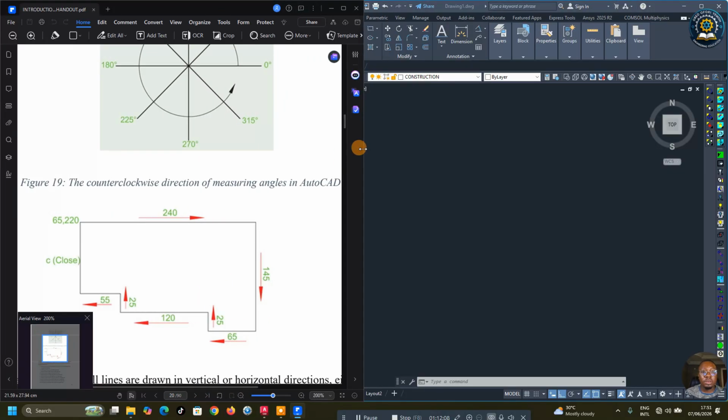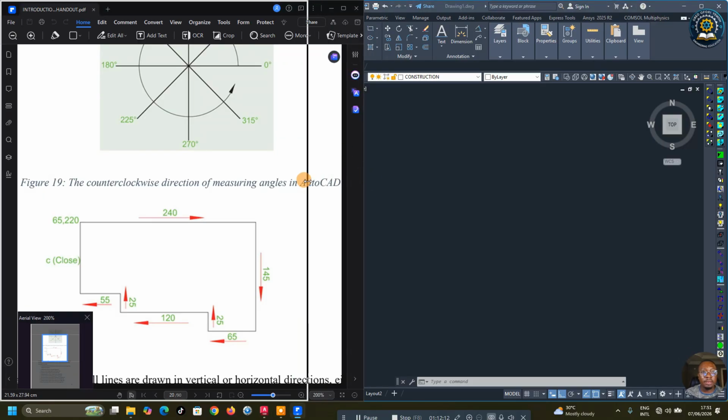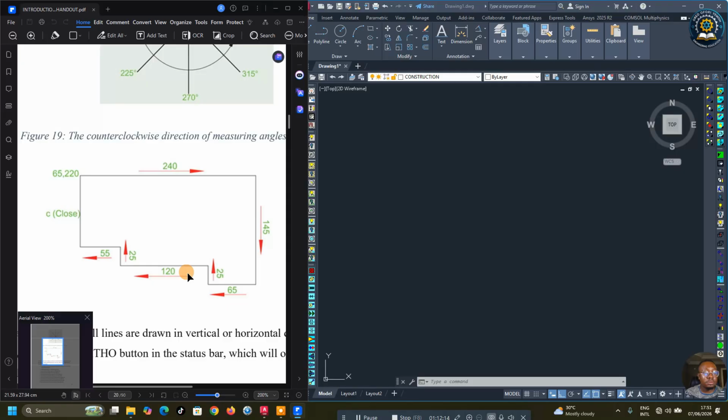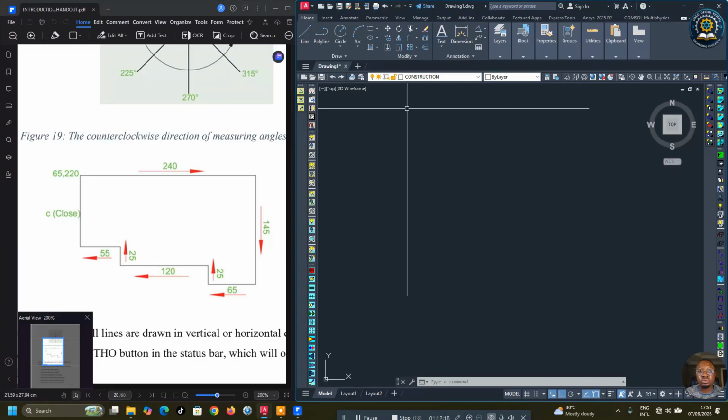So let's say I want to draw something like this, right? So what I am going to do is to click on the line tool,